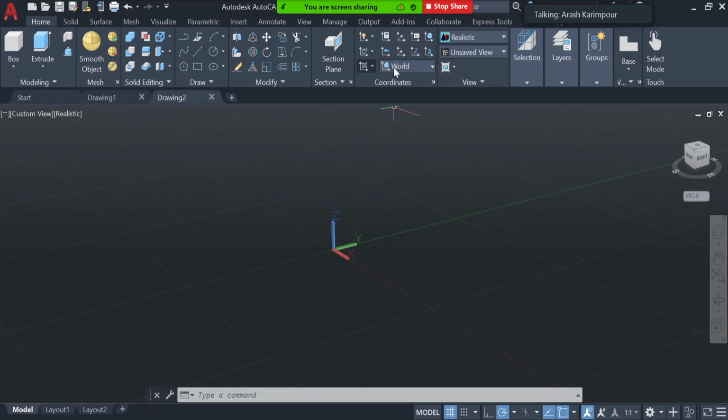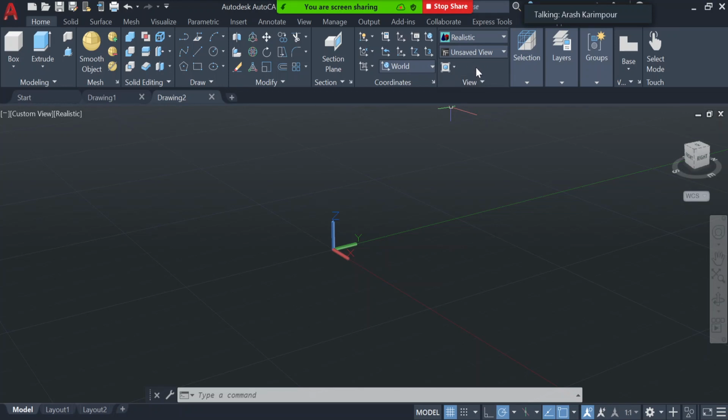The next one is this Coordinates panel. This is one of the most important panels that we are going to use a lot, and I'm going to walk you through in detail how we use it. If you look here again at the coordinate system, we use this panel to control that coordinate system that's shown here. The next one, which we also use a lot and which I will also go into in detail, is the